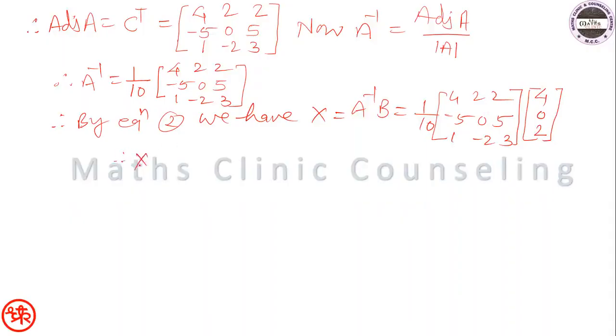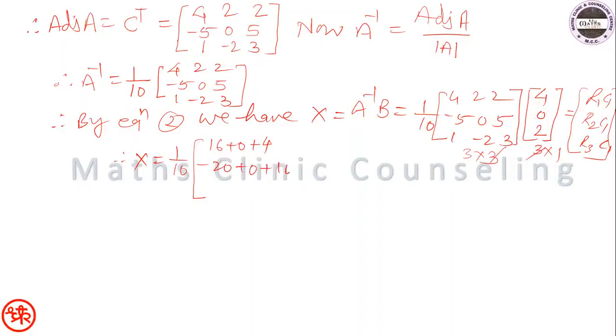ओके सो नाउ वी सॉल्व देयरफॉर x इज इक्वल टू, अब इसका ऑर्डर है 3/3 और इसका ऑर्डर है 3/1, तो फाइनल ऑर्डर रहेगा 3/1, एंड दैट विल बी इक्वल टू r1c1, r2c1, r3c1। इज दैट क्लियर, तो ये 3/1 ऑर्डर हो गया हमारा। सो नाउ 1/10 इंटू, अब r1c1 क्या होगा, देखो 4 इंटू 4, 16 प्लस 0 प्लस 4, बाद में ये आएगा -20 प्लस 0 प्लस 10,